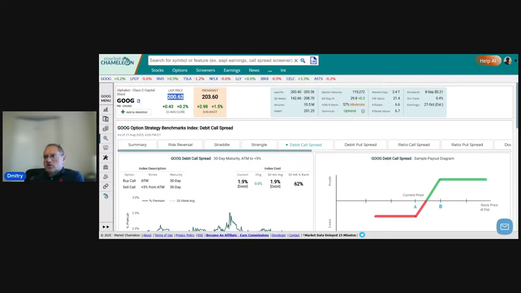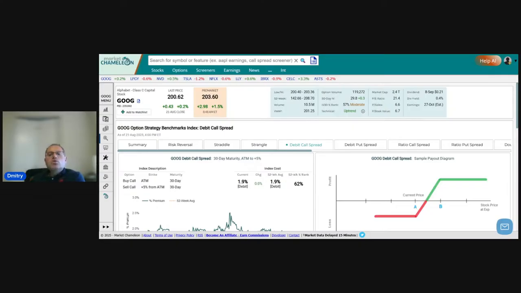So this way we normalize it across different stock prices. So this way we could compare the cost of Google's 30-day at-the-money call spread, 30 days to maturity, at the money and 5% away, to a different stock. So now that we defined it up here,